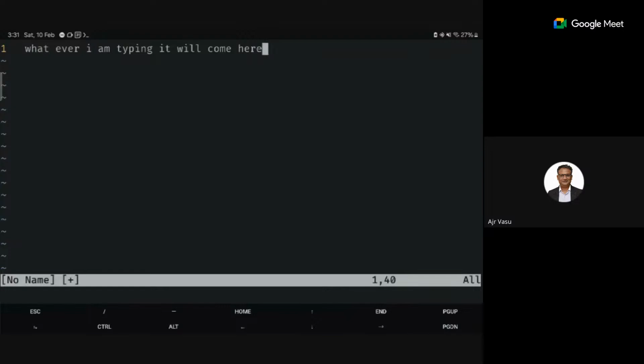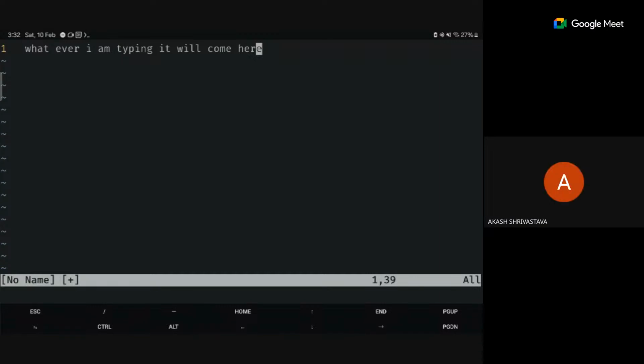Let's say now I want to go back to normal mode because I want to copy this entire line. The easiest way is to press escape. Now I got back to normal mode.